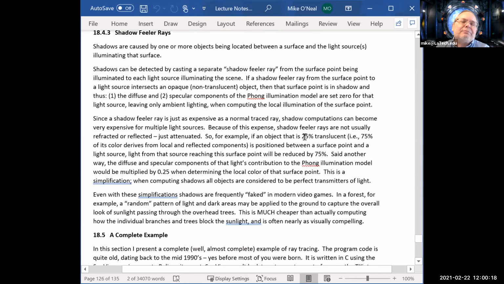Shadow feelers, I need a pretty picture for this, but the words are right. Basically, every time you hit a point on the surface, you send a ray back into the direction of your lighting source to see if it hits an object. And if it does, then you turn off the diffuse point and specular components of the local illumination model. So again, every time we do an intersection,